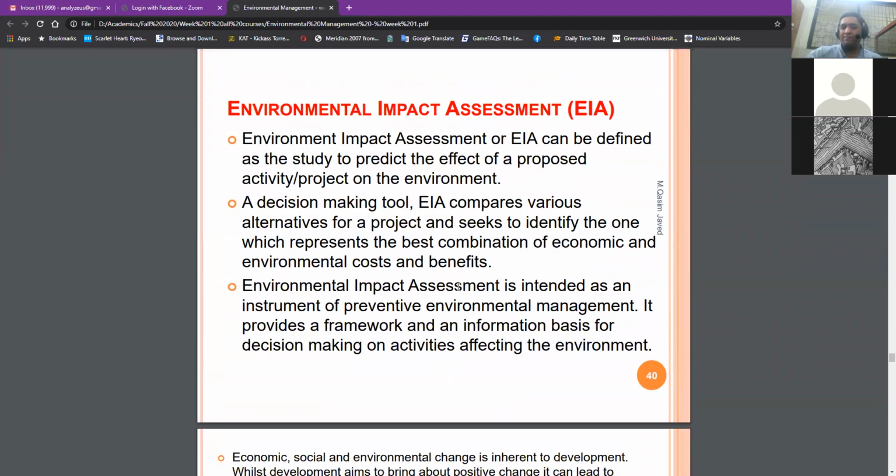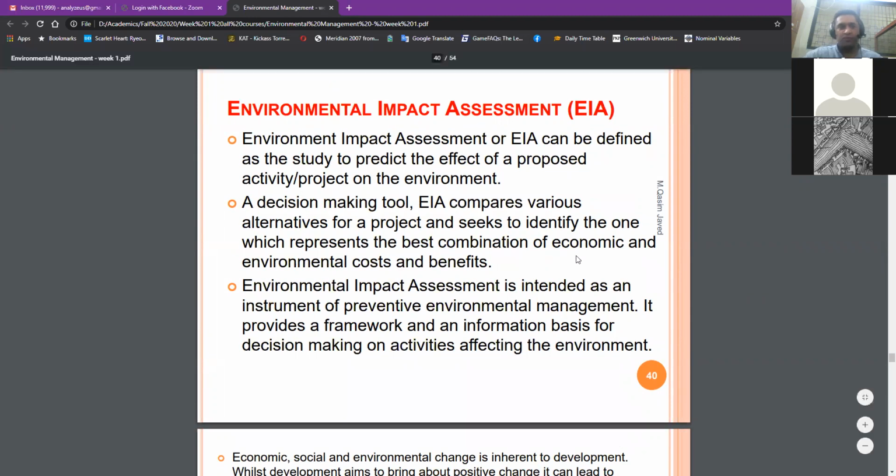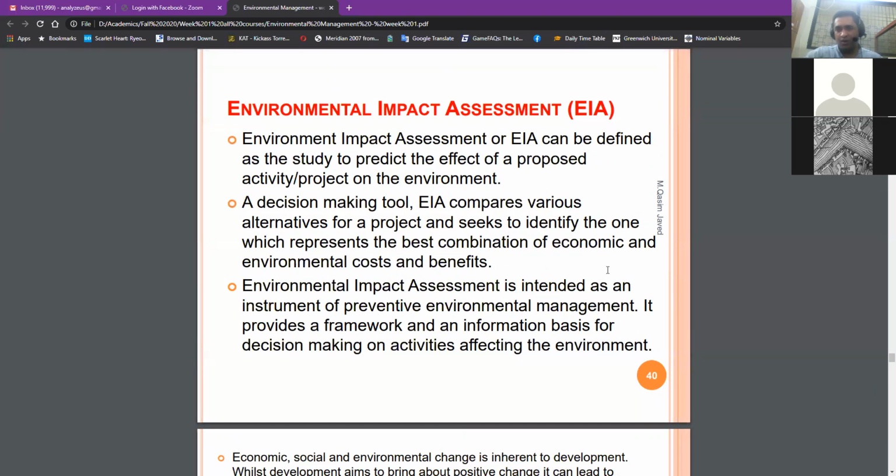So, environmental impact assessment is something which is done before a project is accepted. If I want to build a factory, if Tuba wants to build a building, or if Aruj wants to build a road, we will submit a proposal to the regulatory authority and they will conduct an extensive environmental impact assessment and then let us know what possible environmental effects our projects can have. So by doing this, this EIA is basically trying to prevent activities which might affect the environment in a bad way.